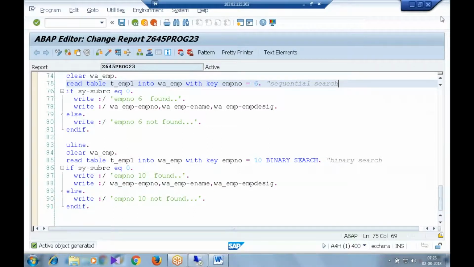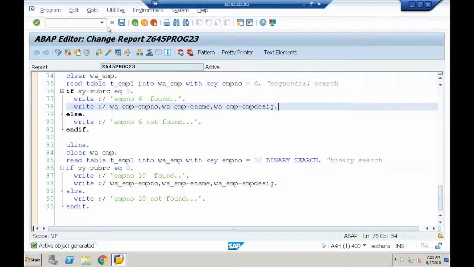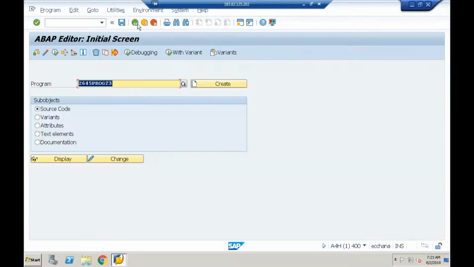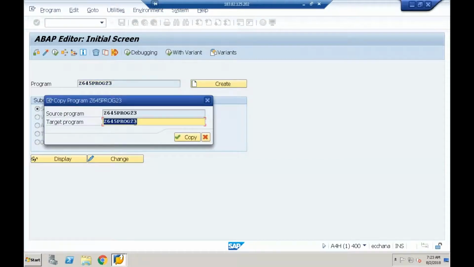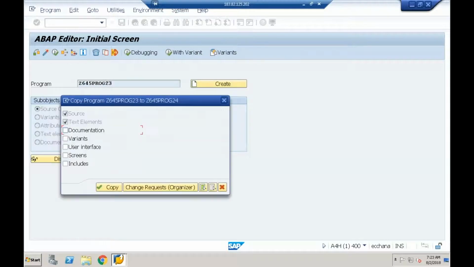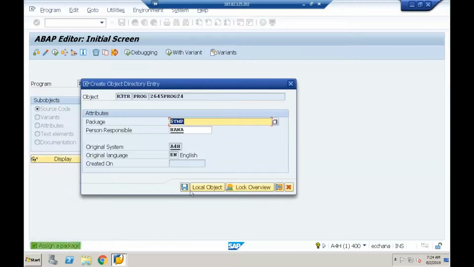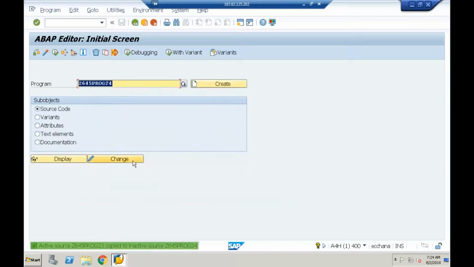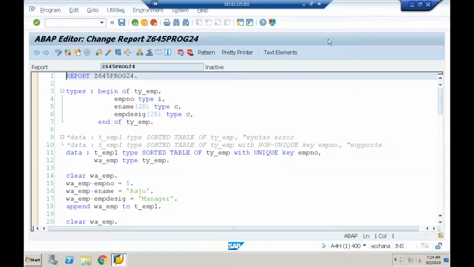Okay, so now let us go to hash internal table. I'll just copy this 23rd example to 24. The 23rd I am copying it to 24. Yeah. So before discussing this,